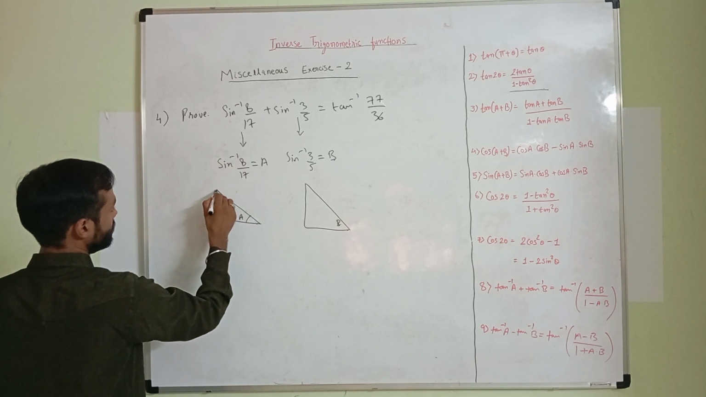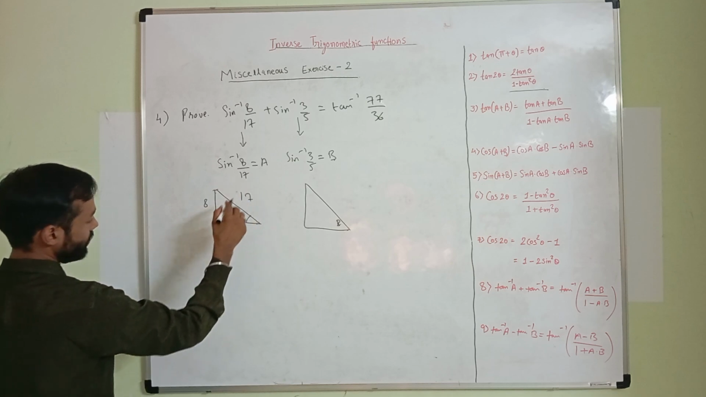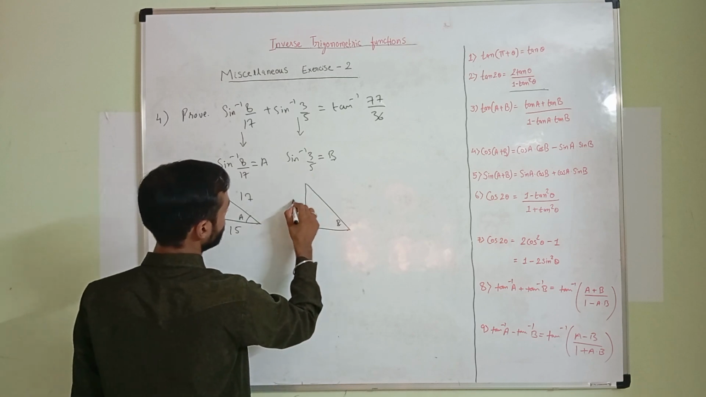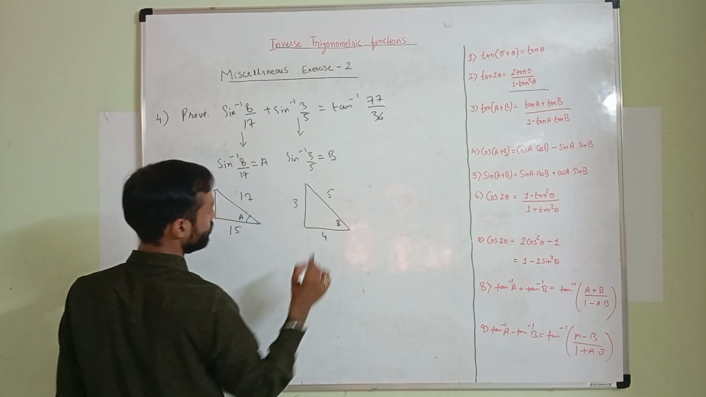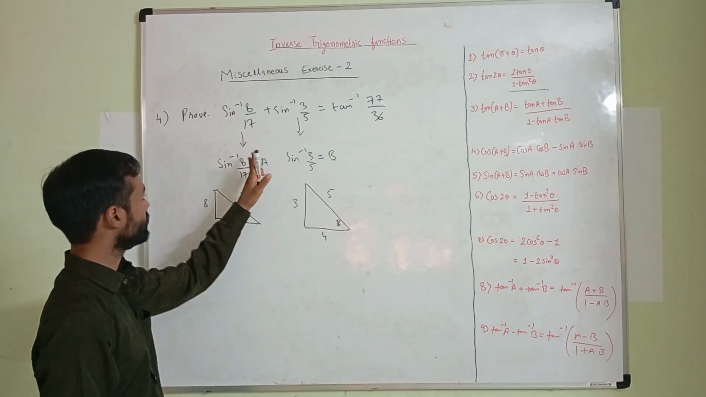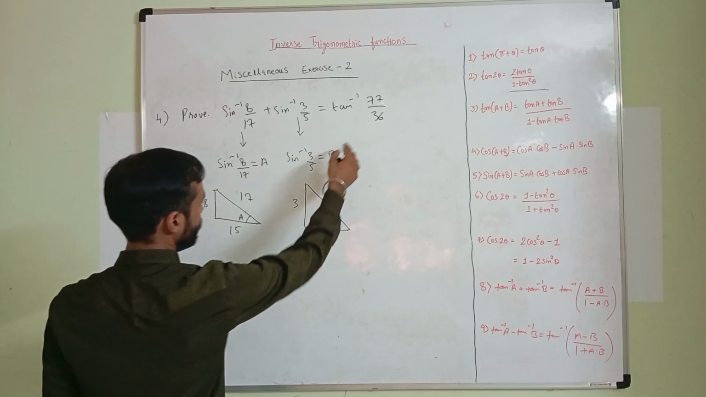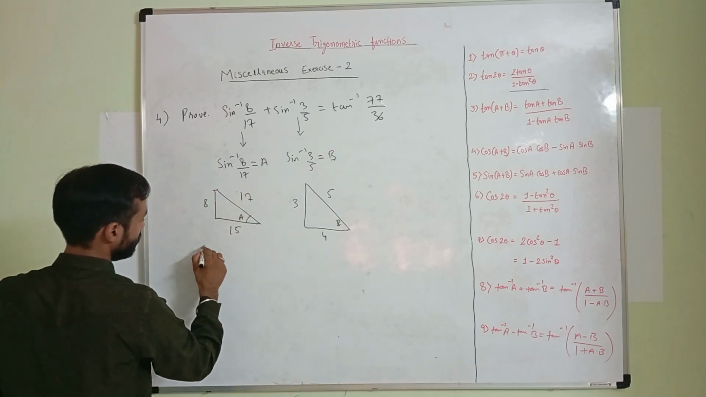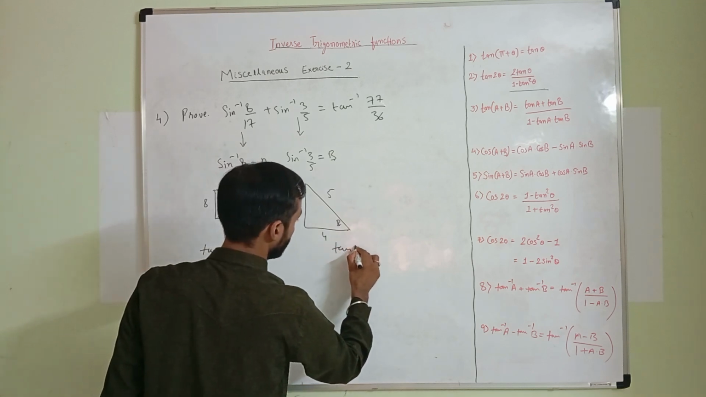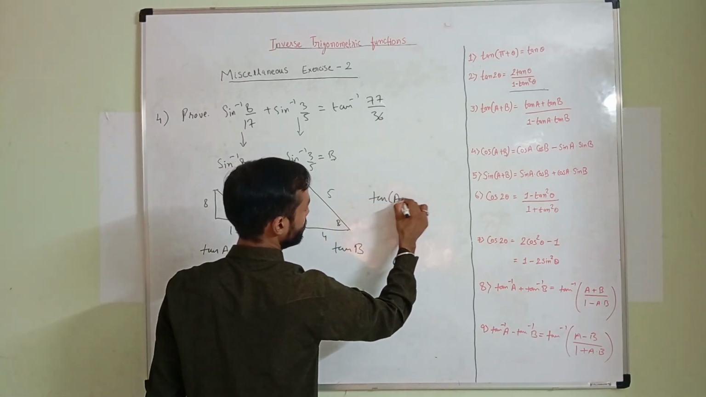Here, opposite upon hypotenuse, so 8, 17, and by applying Pythagoras theorem we will get 15 here. For this it would be 3, 5, so here it will be 4. So what we are trying to do, we will first assume this value to be angle A, angle B, and after that we are finding tan A from this triangle and tan B from this triangle. Then we will apply the logic of tan of A plus B,